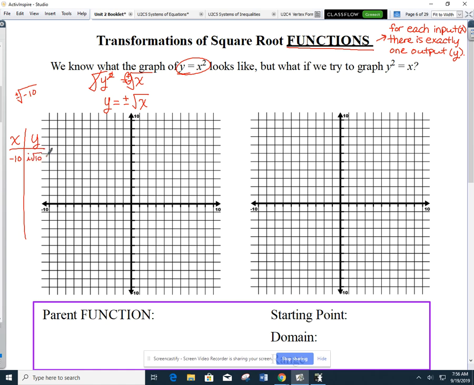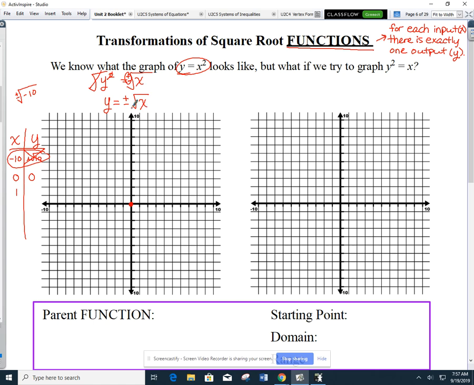And you do not have to know how to graph imaginary numbers. So we can't graph them. They're not real numbers. We could graph complex numbers on the coordinate plane, but we are not learning that in Math 3. So the smallest perfect square that we can put in here that gives us a nice integer value is 0. Plus or minus the square root of 0 is going to be plus or minus 0, which can't be positive or negative. So the next perfect square we can plug in is 1,